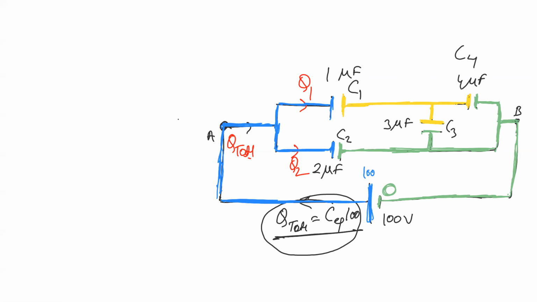If you color code the entire circuit with the same potential, then you will know which ones are connected across the same potential. Otherwise the diagram is confusing. So as you can see here, 4 microfarad and 3 microfarad are connected in parallel combination, because one plate is yellow and the other plate is green. So 4 plus 3, how much will it be? 7. So we can draw one equivalent diagram with the 7, and replace everything. I'm drawing the equivalent diagram of this one.